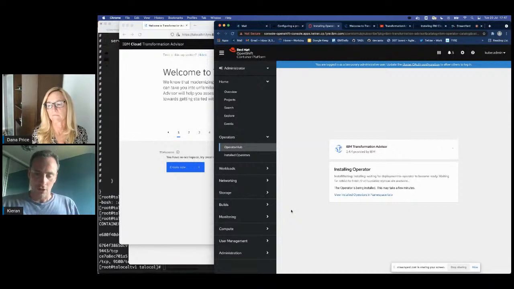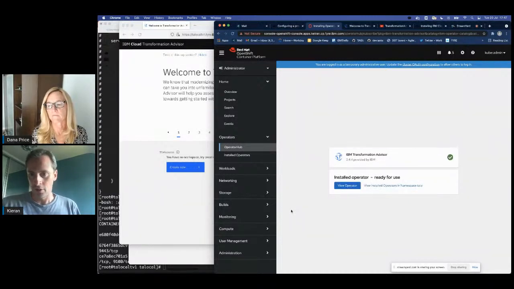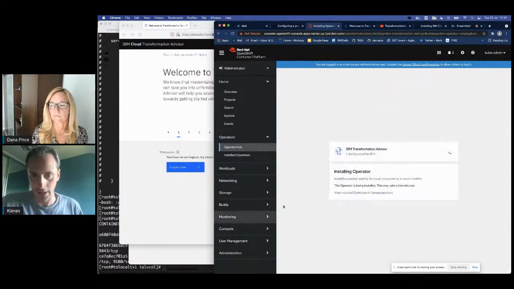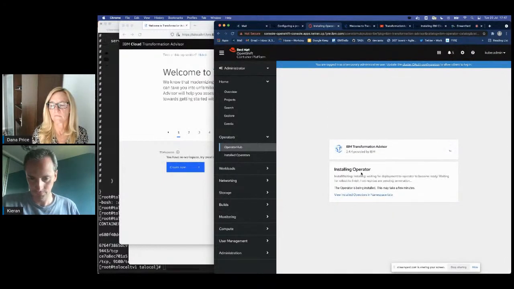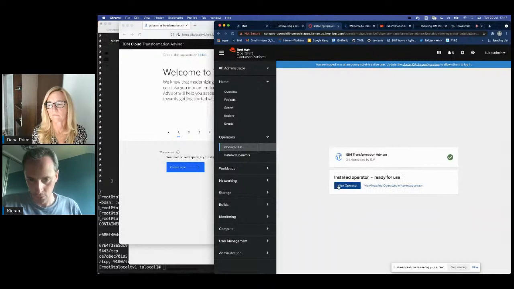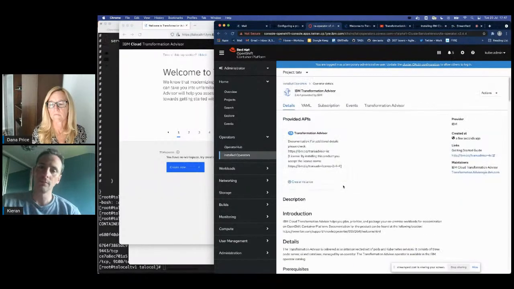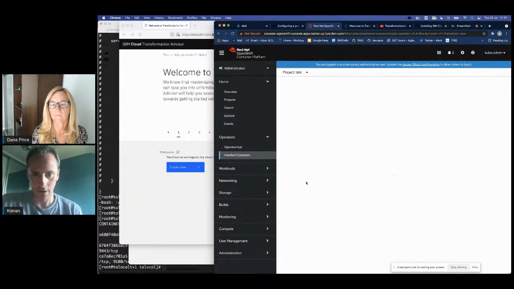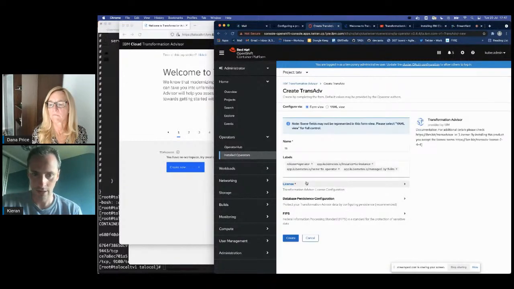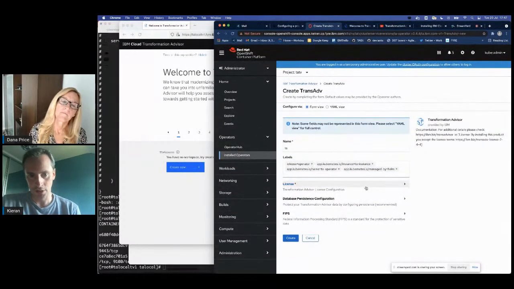And once this is installed, we will configure and install an instance of TA. Okay, so there we go. So I'm going to go ahead and create an instance here. And just want to point out a couple of new things here since the last time we have done